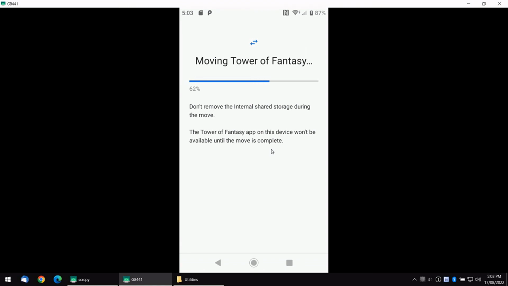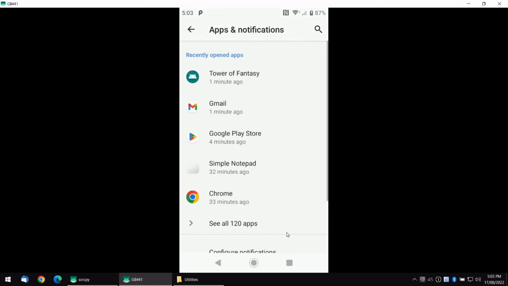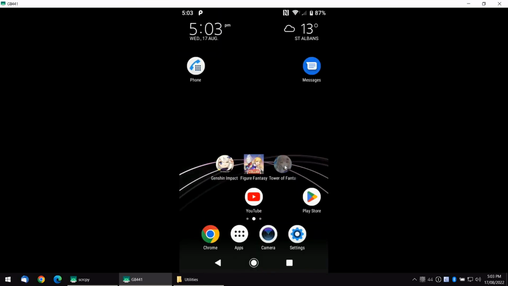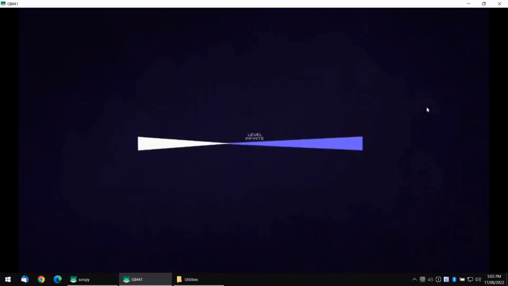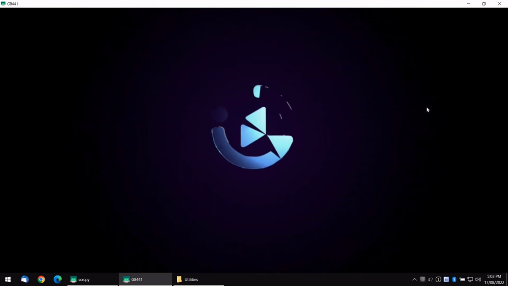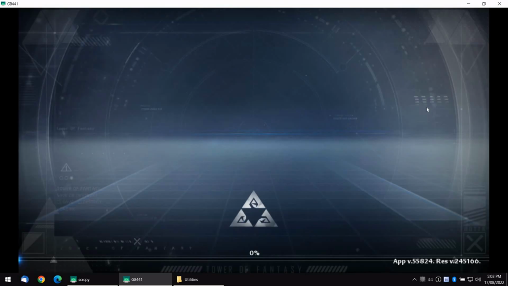Depending on the size of the app, it can take a while, or it could be quick. So this one's pretty quick. Yep, and once that's done, now if we load it up again, you'll see that it will start downloading the update and work without any issues. So any apps you run into that don't run properly as normal, or you believe might be having some issues, then just make sure that it's set on the internal storage. And so you see here, it's not giving me an error, and now it's also starting to download. And so it's working the way it should work.